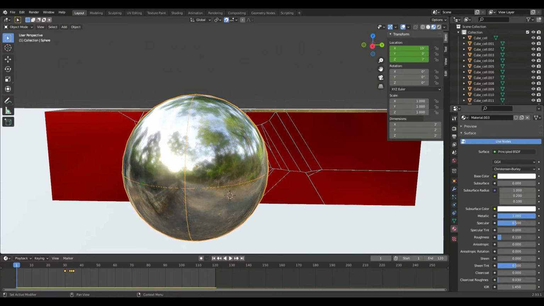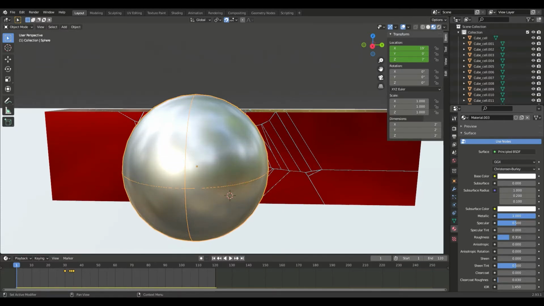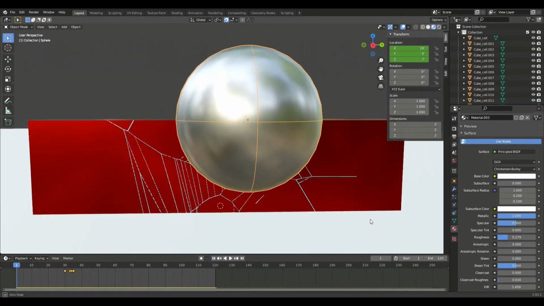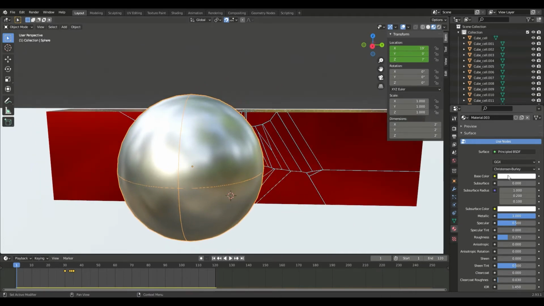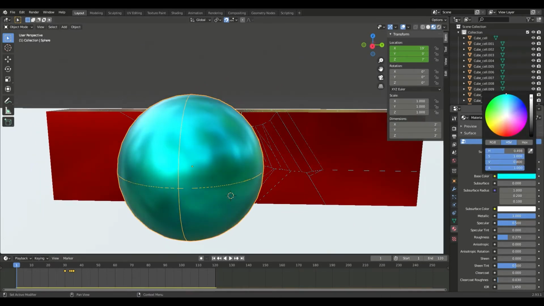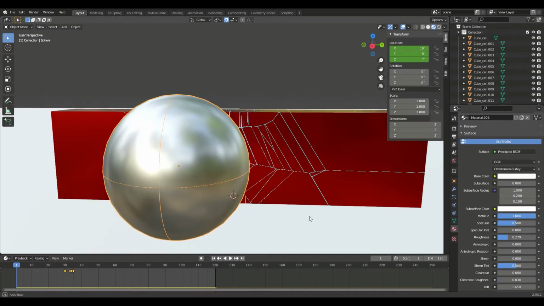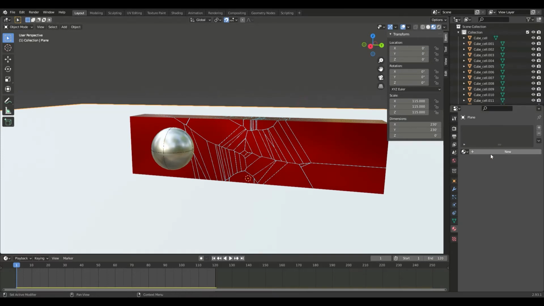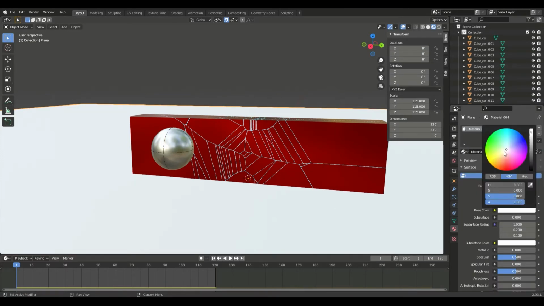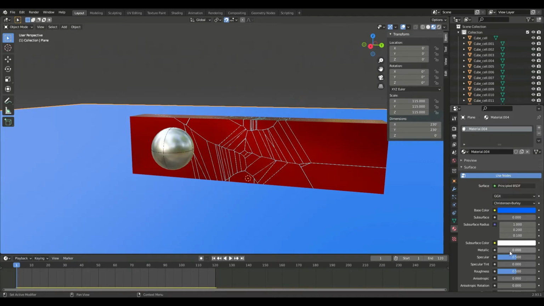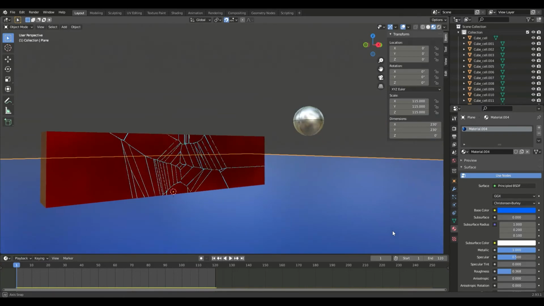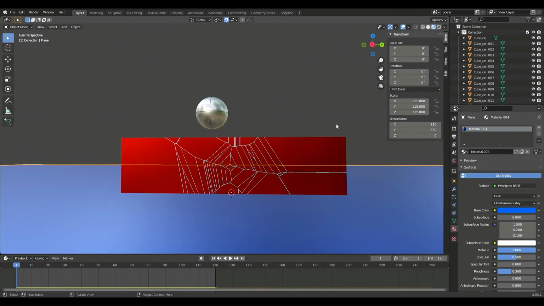So what you're going to do is slowly turn the roughness up till there's a reflection, but you can't really tell what the reflection is. So now it's just a rough metal ball. And you can tell because it's shiny and it's gray. You can change this to any color you want. For now, I'm just going to leave it at white because I like the shiny gray color. And then with the floor, you can just give it, in my case, I made it blue and metallic. I made it blue and metallic in my video, in the intro.